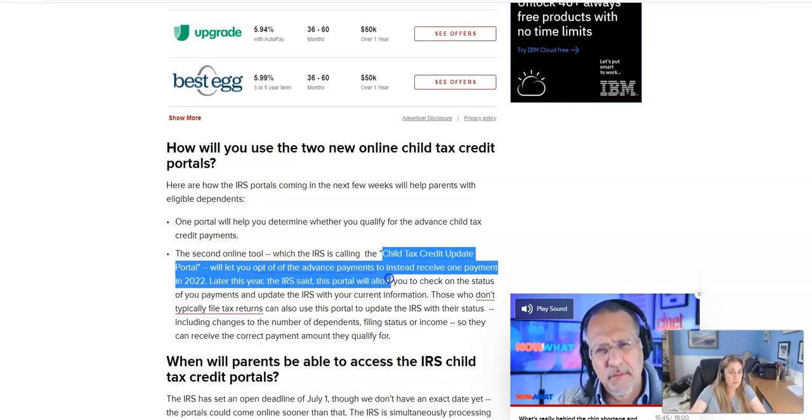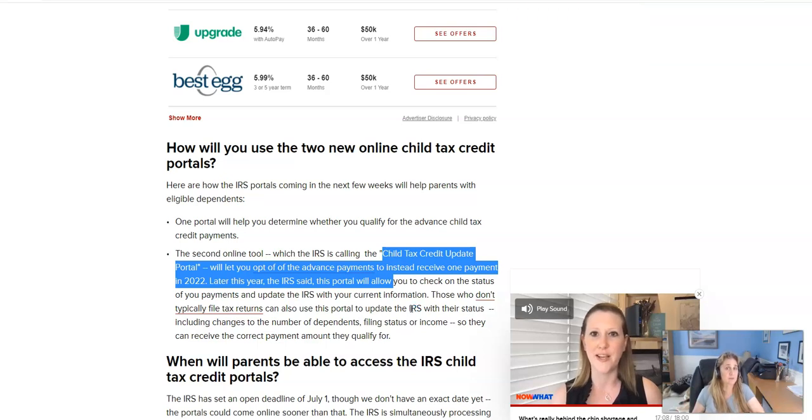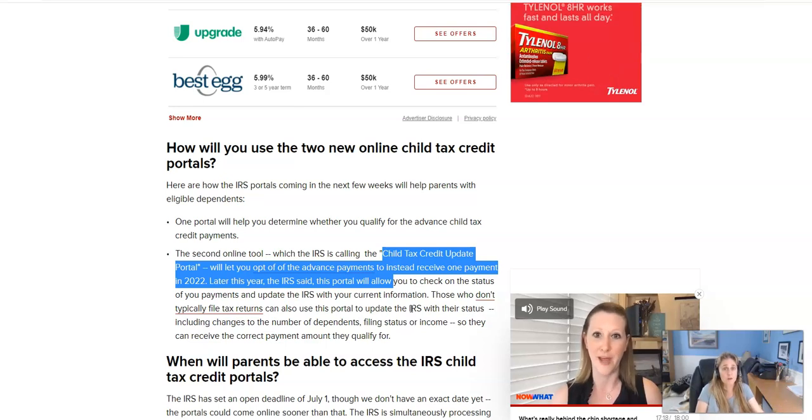of advanced payments to instead receive one payment in 2022. Last year, the IRS said that the portal will allow you to check on status of your payments and update the IRS with your current information. So, for example, in this portal, you can decide whether or not to accept these payments. If you decide to accept them, then you'll start receiving a check every single month. If you decide to opt out, you will receive this money when you file your taxes at the end of